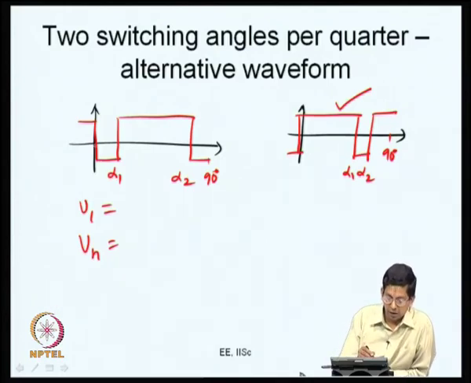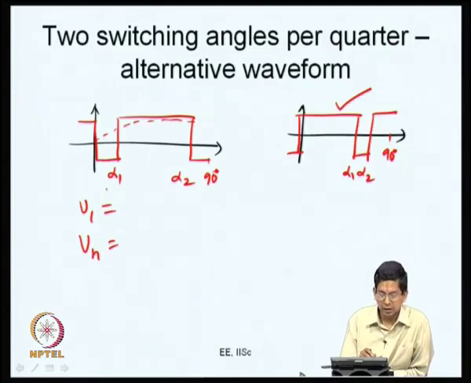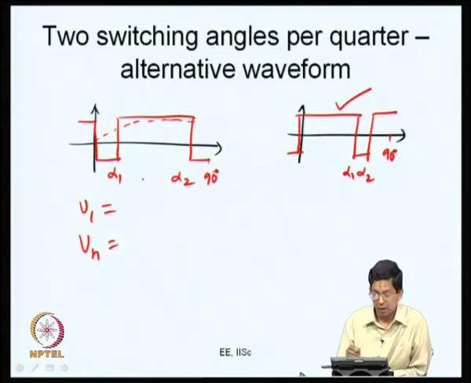In this case, if you want a fundamental voltage with such a phase, then the spacing between alpha 1 and alpha 2 has to be fairly high, only then you will get a positive voltage. Otherwise, the fundamental may have an opposite phase, it may be going negative here. On the other hand, if you look at this waveform, alpha 1 and alpha 2 have to be close to one another for you to have a positive phase. Otherwise, your fundamental voltage might have a negative phase, it might be going in the negative direction here. Okay. So, we will be considering this for some more time to come, and the equations are as we have given now.